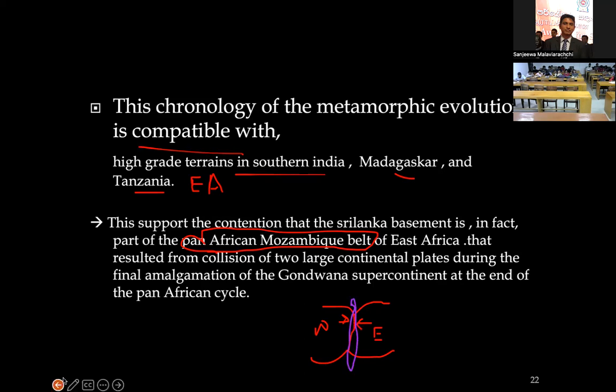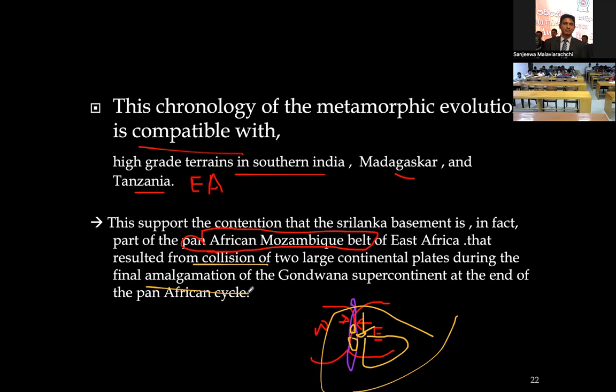So Sri Lanka was also very close to this orogenic belt somewhere here, and India was also here, right? And Antarctica was here, and Madagascar was here, sorry, Tanzania was here, Madagascar was here, like that. So every terrain was together during this Gondwana, this Pan-African orogenic time. Okay, so this collision caused large continental fragments to amalgamate. That means to come close to each other and collide to form the final Gondwana supercontinent during